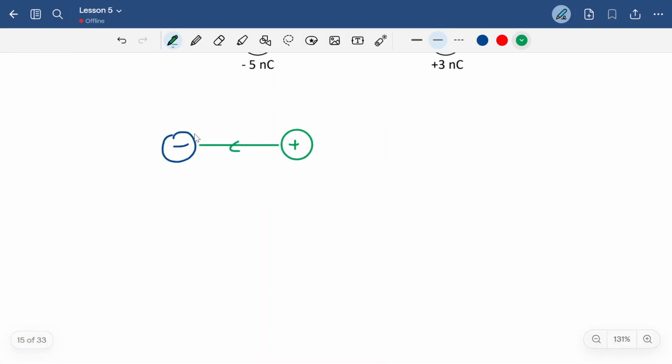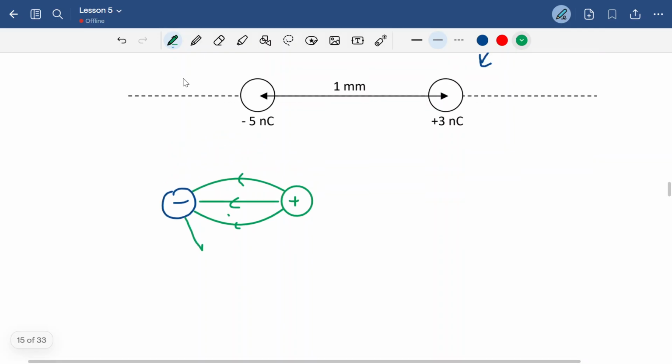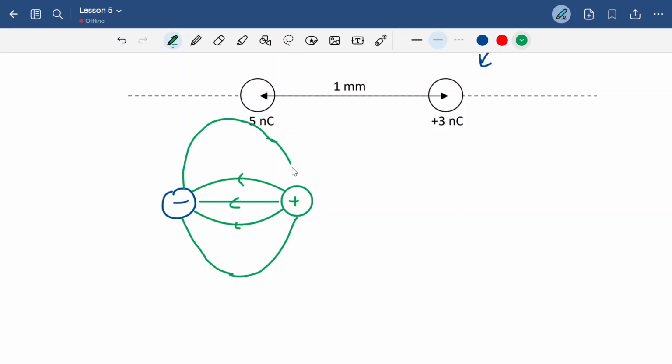And you know that they are going to be like this. And this one's going to be like that. Doesn't matter how it's drawn. So what happens is that you can see that the neutral point is not at